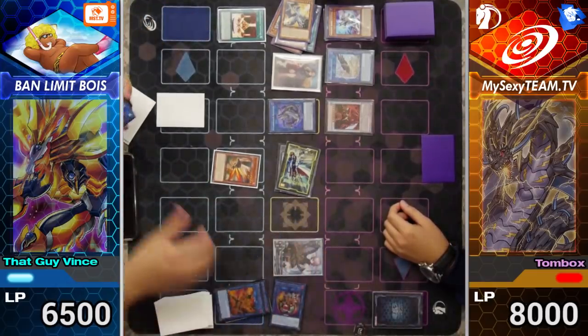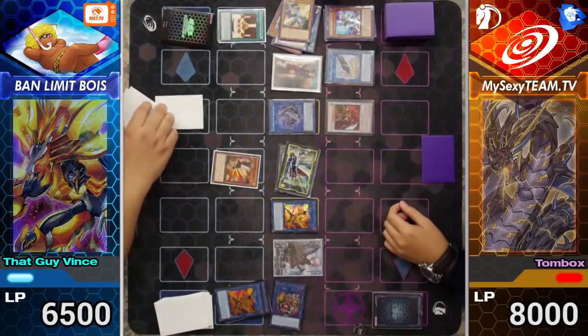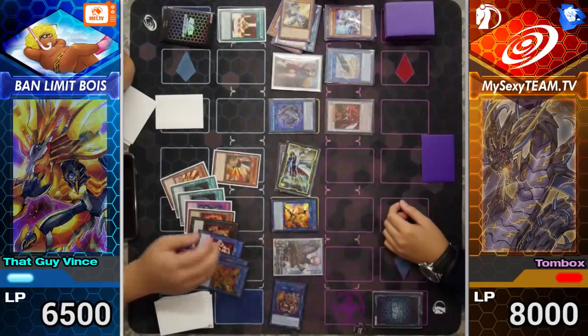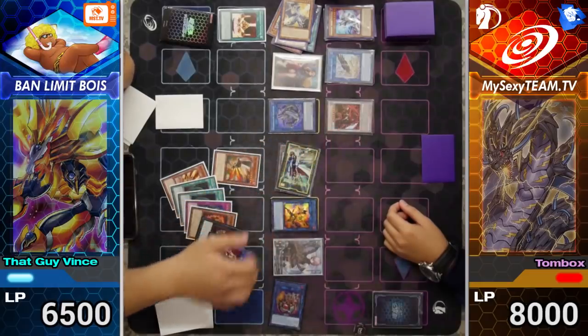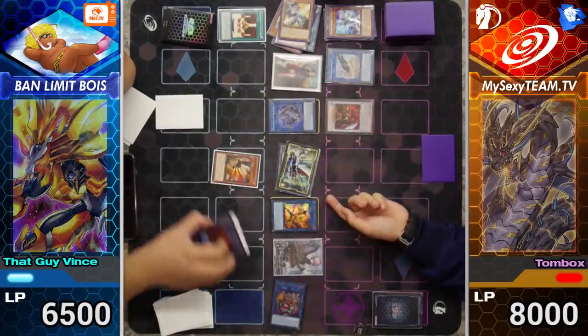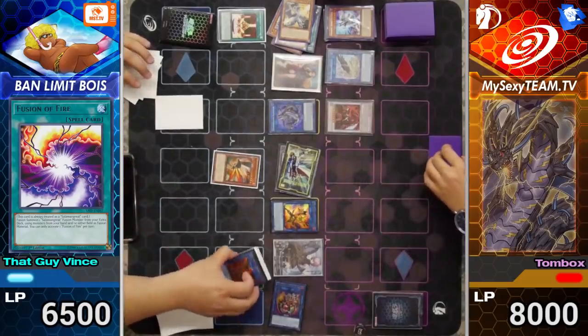But some people are like, oh, why don't you just go into a Boro load? Well, if you go into a Boro load, you lose it because they're gonna Fusion of Fire it away. Right, exactly. And that's Fusion of Fire. The fact that it uses cards from both players' fields like Super Poly is just insane. So right now, I was forced into negating the...